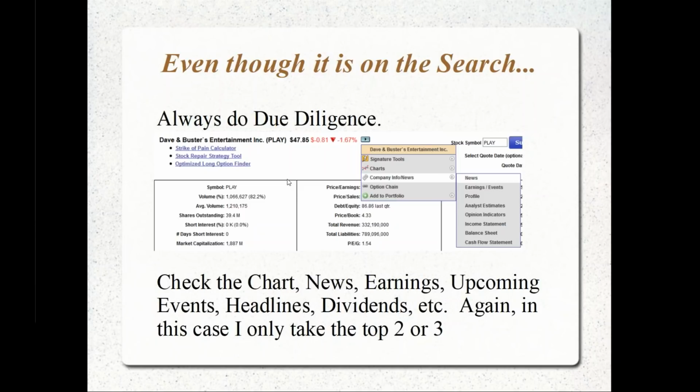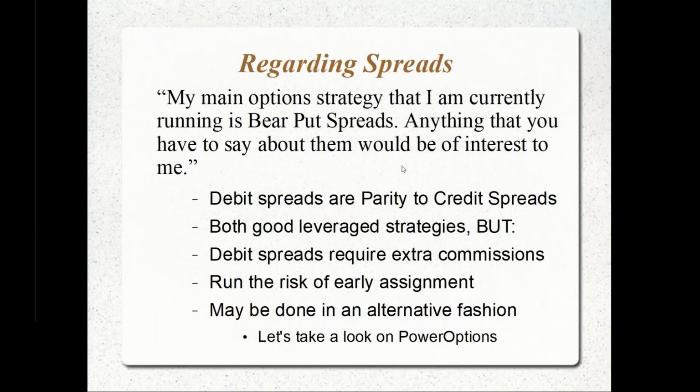with the probabilities. Now, the follow-up question, and I have 3 questions now, and I'm going to get to all your questions you just sent in from John, from James, I mentioned, and from Alan, but we're just going to cover something real quick. David went on to say that his main option strategy that's currently running is Bear Put Debit spreads. Selling in the money put, buy a higher strike put for a debit. If the stock stays below both puts, you close out the debit for the difference in strikes and take your profit. He says, anything that you have to say about them would be of interest to me.